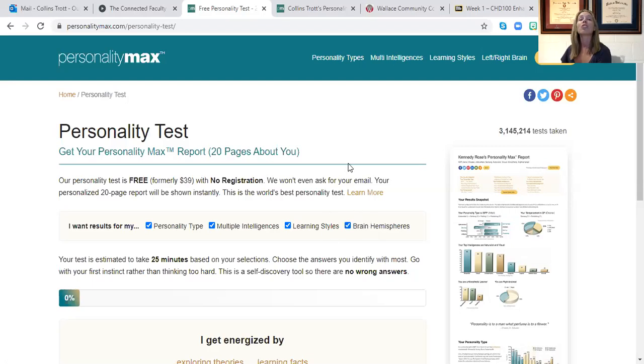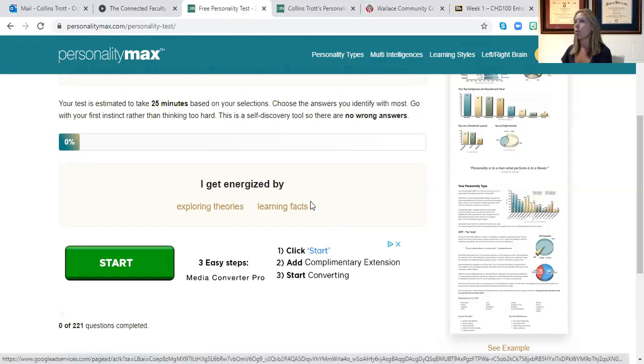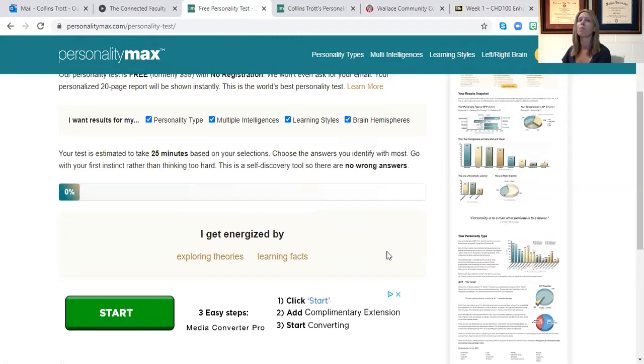And so when I scroll down, they've got this big green start button in the middle. That is not what you're going to choose. You can tell that that is an ad. It's got that little X next to it. So just be very careful. It's got my progress tracker right there as well. And I'm just looking at the phrases that they're giving me.